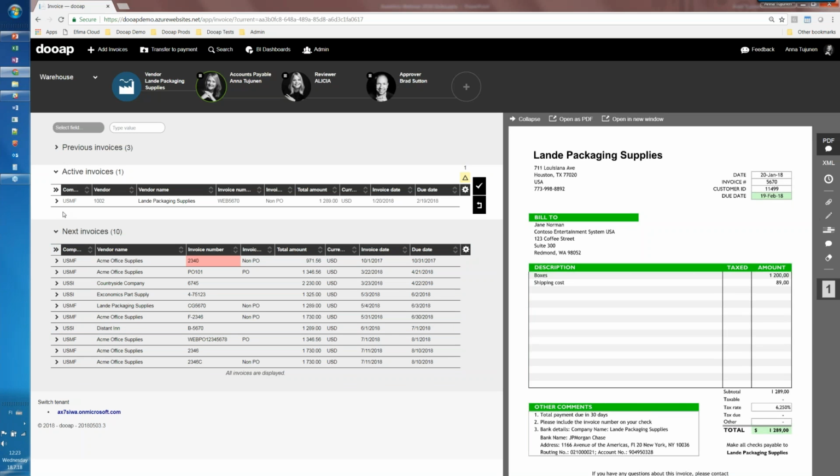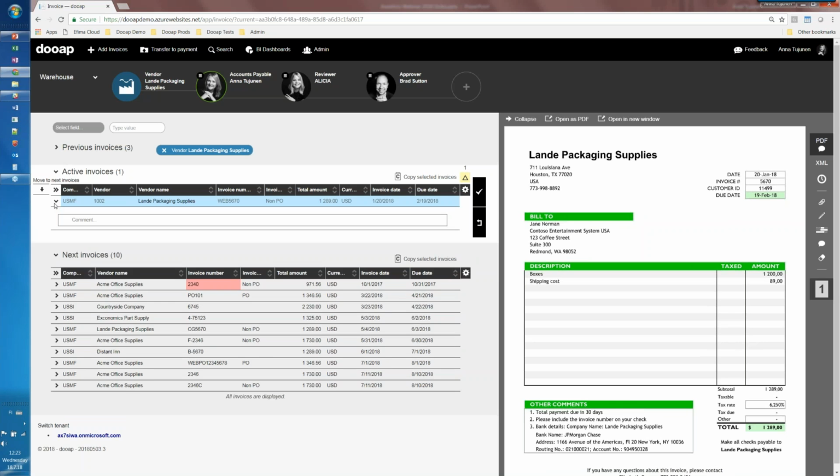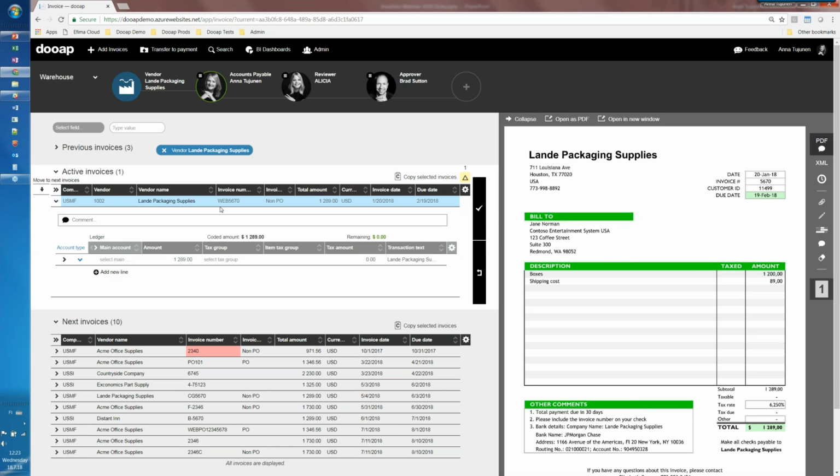Okay, so starting about the intuitivity that I wanted to talk about. I already see that I have some warnings here. I have some errors coming up. And I'll start with this first invoice that I have to handle. I can see that this is a non-PO invoice, and I can check first what kind of warnings I'm getting. The main account is missing from the coding line. So based on the business rules that we have set up, we have a warning for the AP phase if they haven't input the main account at this point. So I'll start by correcting that.